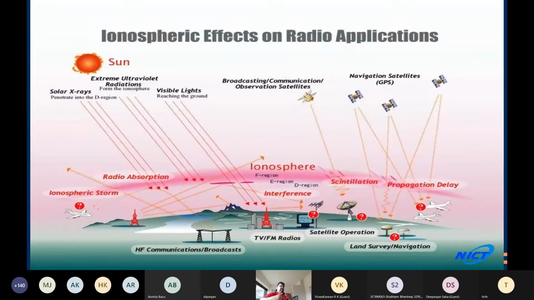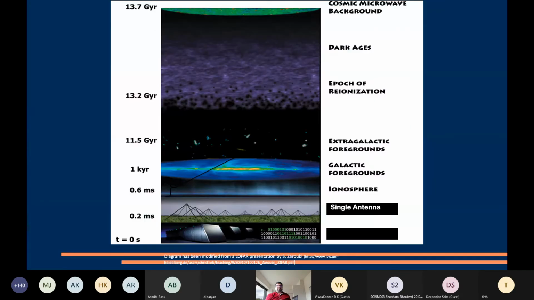Because one of the components is the ionosphere, we come to that. The ionosphere is what is between us and the sky, the atmosphere. And when we're talking about radio frequencies, lower radio frequencies below 1 gigahertz, the part of the atmosphere which is most bothering is the ionosphere, or the upper part. When we're talking about frequencies higher than 10-15 gigahertz, what affects us is the lower part of the atmosphere, the troposphere, the water vapor levels, and all these things.